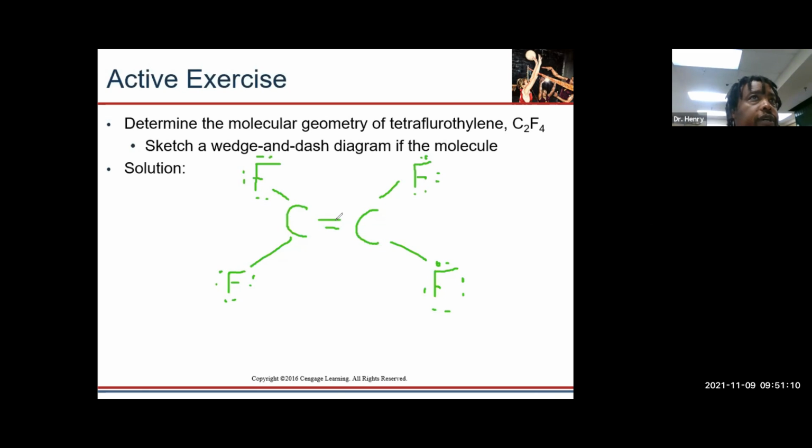In this case, we still have three things attached, so the double bond doesn't affect the shape. They're still going to try to be as far away as possible from each other. That's three attachments, so then for this guy, its molecular geometry